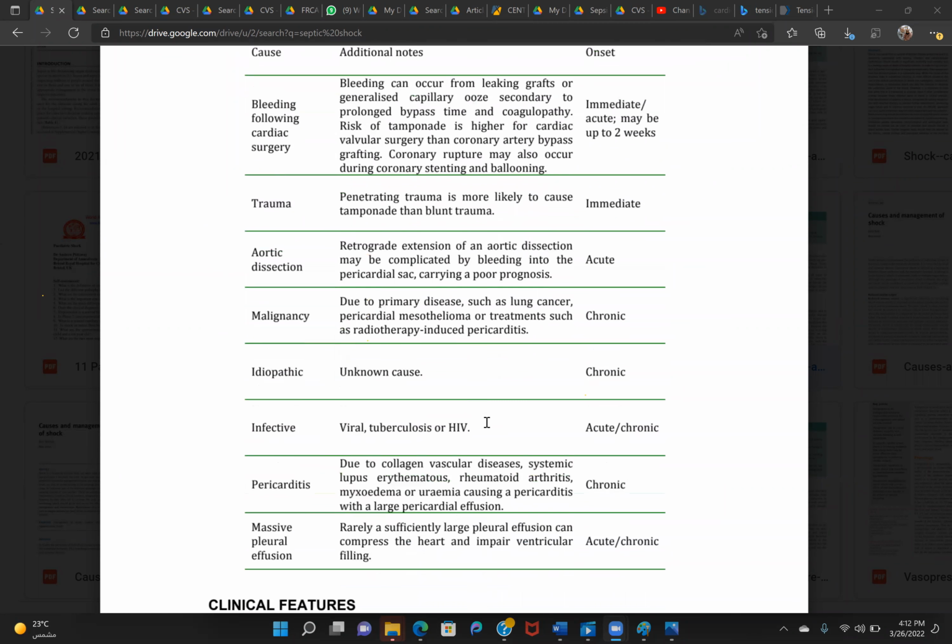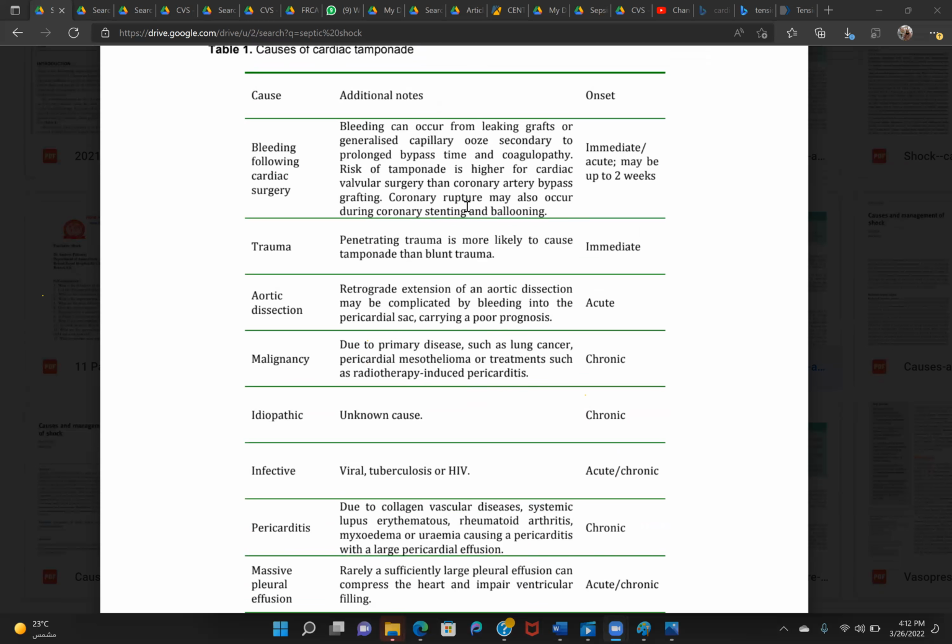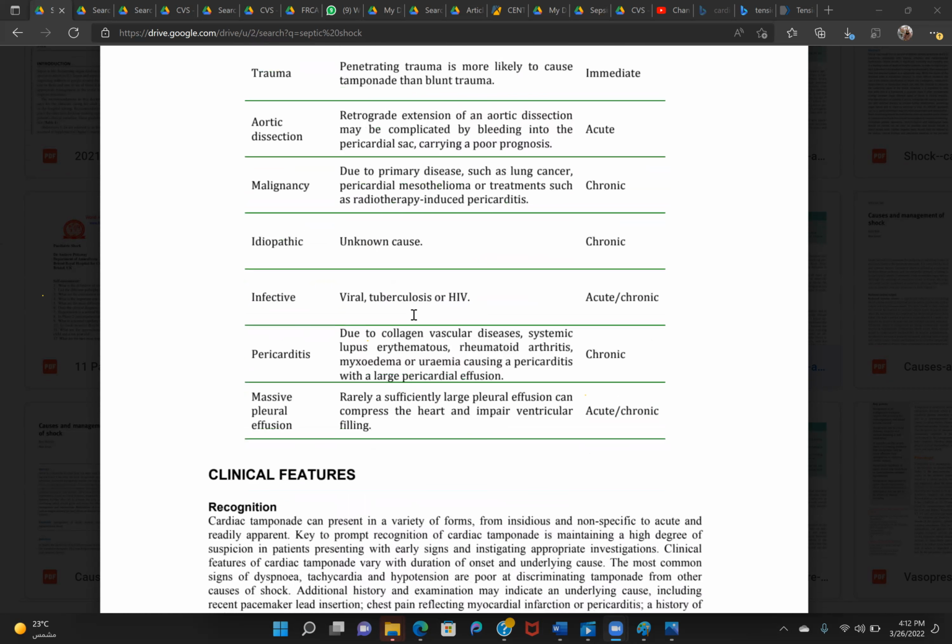I think it can also occur, it's not written here, but I think it can occur in any potential space. Bleeding can occur if there is any bleeding tendency. This just came into my mind. So you have to look into the cause, and the treatment of cardiac tamponade will revolve around airway, breathing, circulation, and ultimately, if you have it, you can put